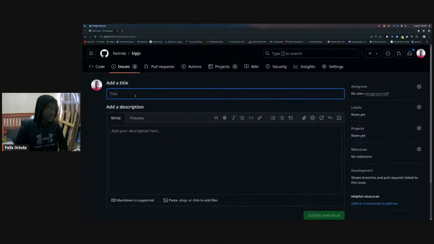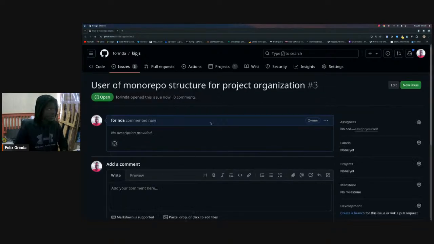Then we can mark it as: we need use of monorepo structure for project organization. So I'll just use that. Then this is issue number 3,